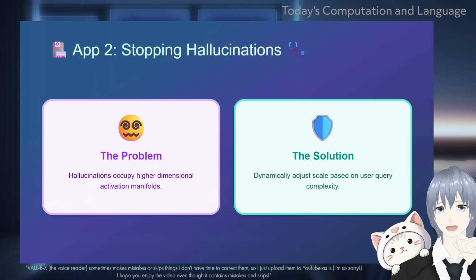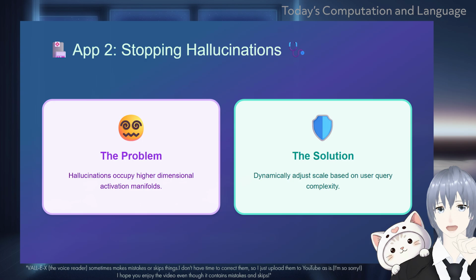counts. By using the exact parameter-free formula derived in this study, AI developers can build real-time monitoring tools inside the language models. These tools would dynamically adjust their scale based on the specific words the user is asking about. If a user asks a highly technical question with a massive variety of unique nouns, the model will know to measure the global regime dimensionality to check for hallucinations. If the question is simple, it would check the local regime.